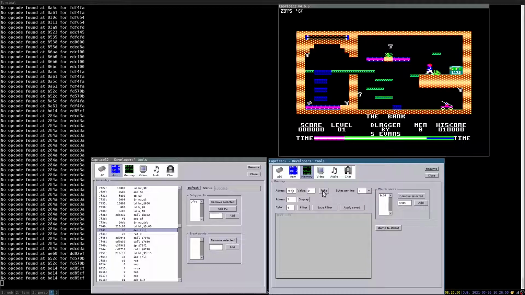Let's hope that it didn't break the game, but it may very well have. So now if I refresh, I have a NOP. So let's resume the execution after having removed the watchpoint.